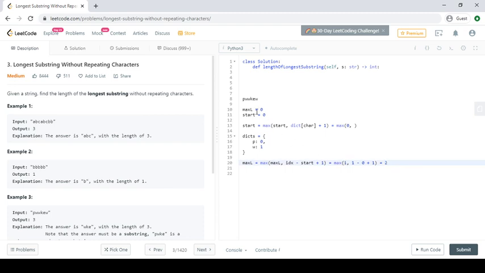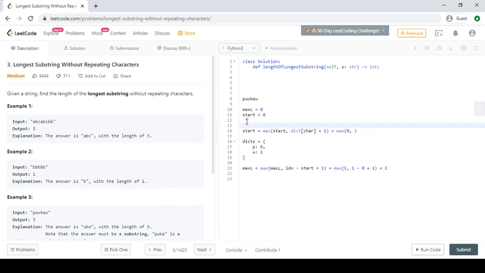Okay. Now on the next loop we get W again. In that case we find that the current W is in the index dictionary, so we check max of start, which is 0, the previous max, and dictionary of character, meaning W is at 1, so we check 1 plus 1.